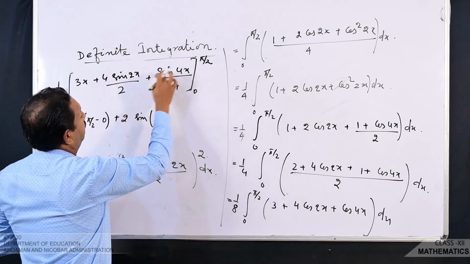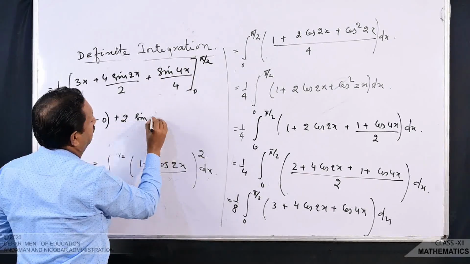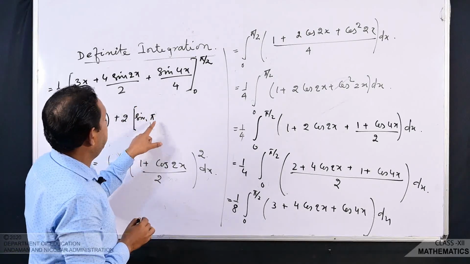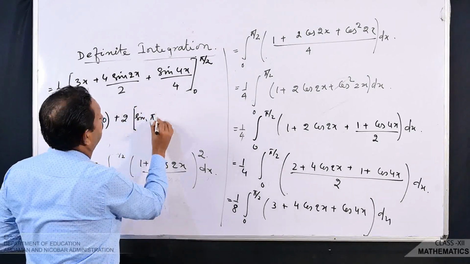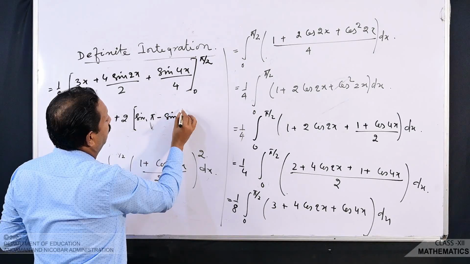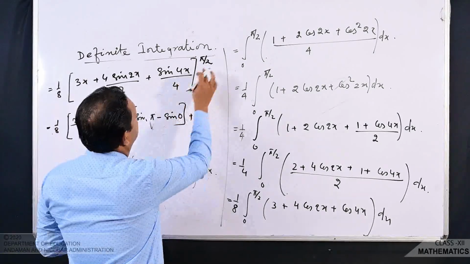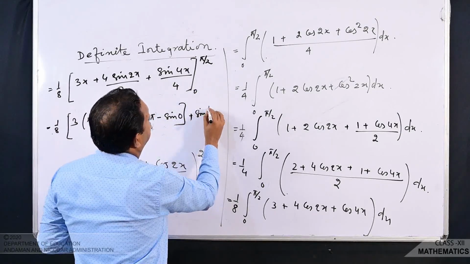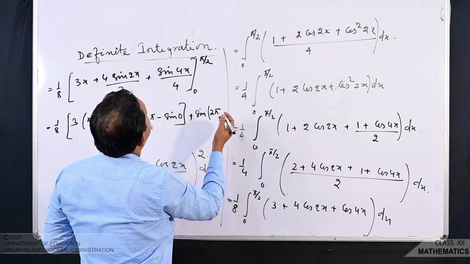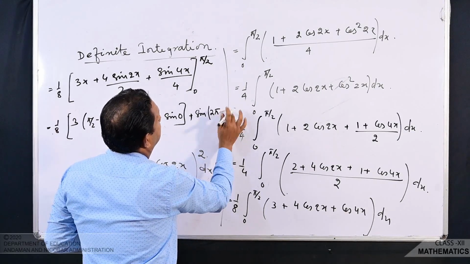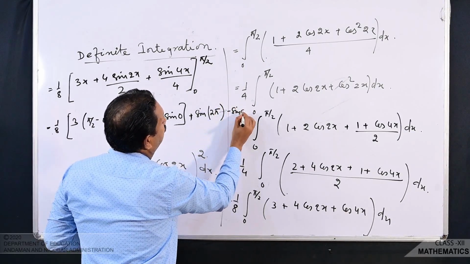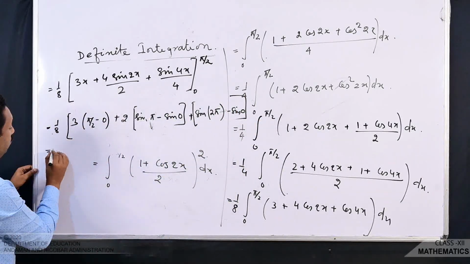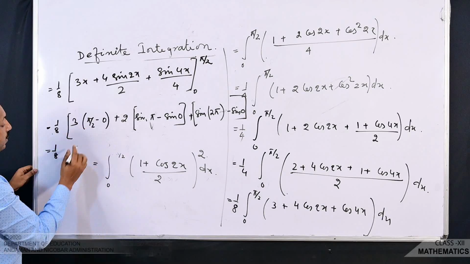pi by 2 is sin pi, your sin pi will be here, I keep the bracket here, that is sin pi minus sin 0, and finally you do sin 2 pi minus sin 0, I keep within the bracket. So, now what is it? 1 by 8, here it will be